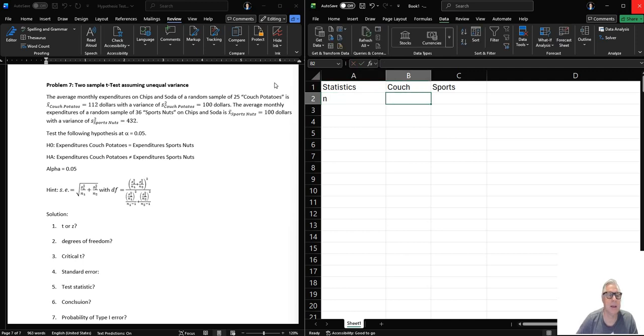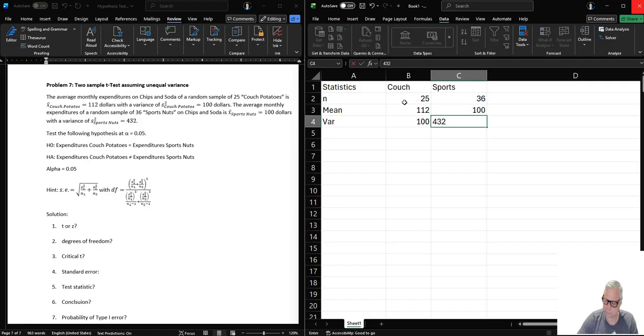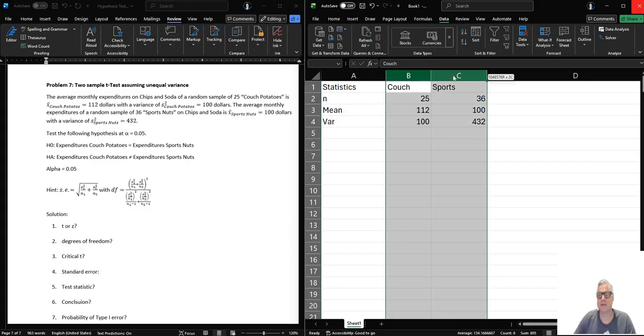First we have the N, and the average monthly expenditure on chips and soda for a random sample of 25 couch potatoes revealed a mean expenditure of $112 and a variance of $100. Okay, so the average monthly expenditures of a random sample of 36 sports nuts on chips and soda was only $100, and the variance was $432. So this is the data that we work with,